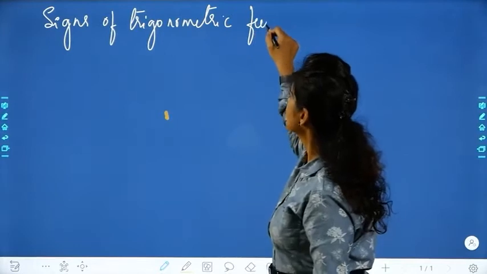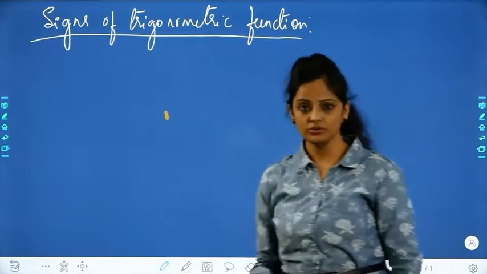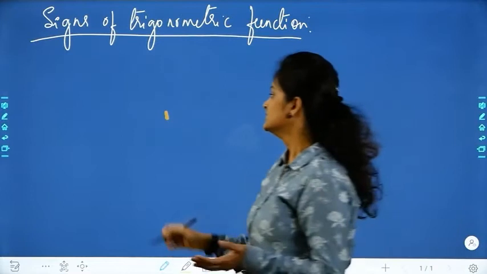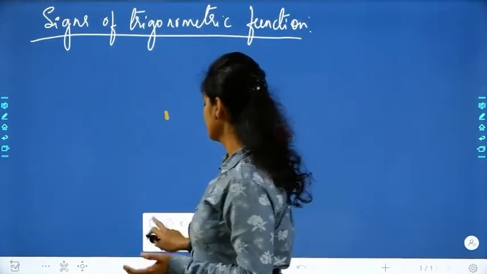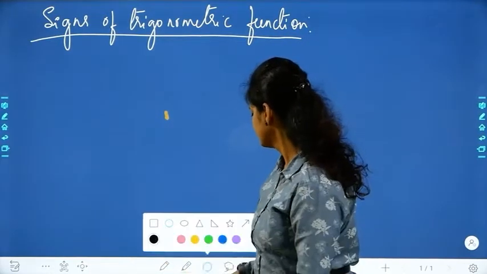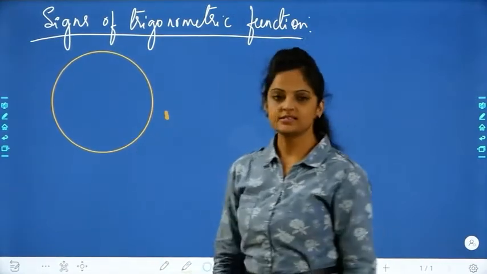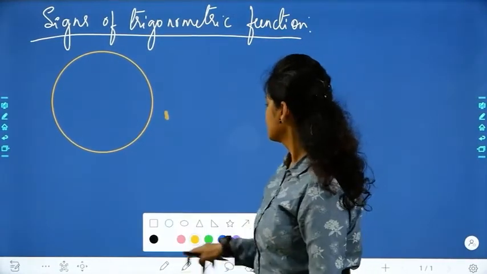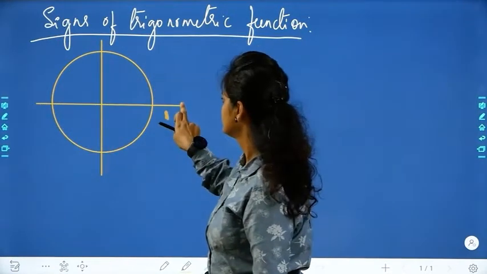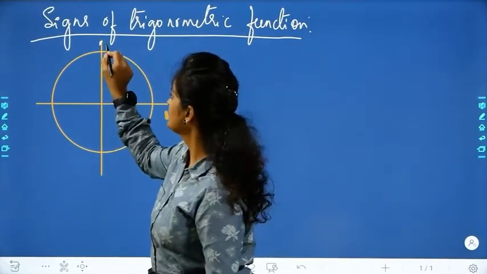What are the signs of trigonometric functions? This is basically a rule which you have to follow before you learn allied angles. So what I will do, first consider a circle. Consider a circle. Take the x-axis and y-axis. Okay, like how we have done in the previous session,